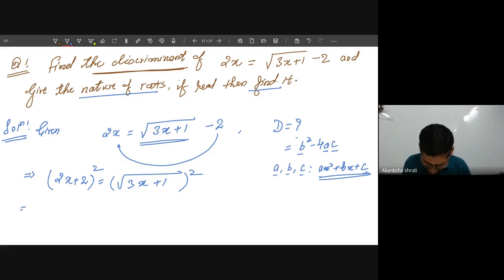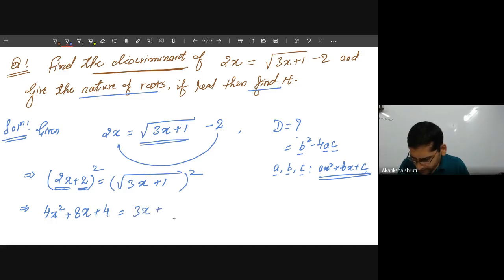After that, we have to go for splitting this square. So this term is like a and this term is like b. So you have to use the formula or identity a plus b whole square. So it becomes 2x square. Can I write it directly? I think in class 9th we have discussed this thing too much. So it is like a square plus 2ab, 2 2s are 4, 2 4s are 8, x plus b square. It is equals to this square, and the root will be removed, 3x plus 1.